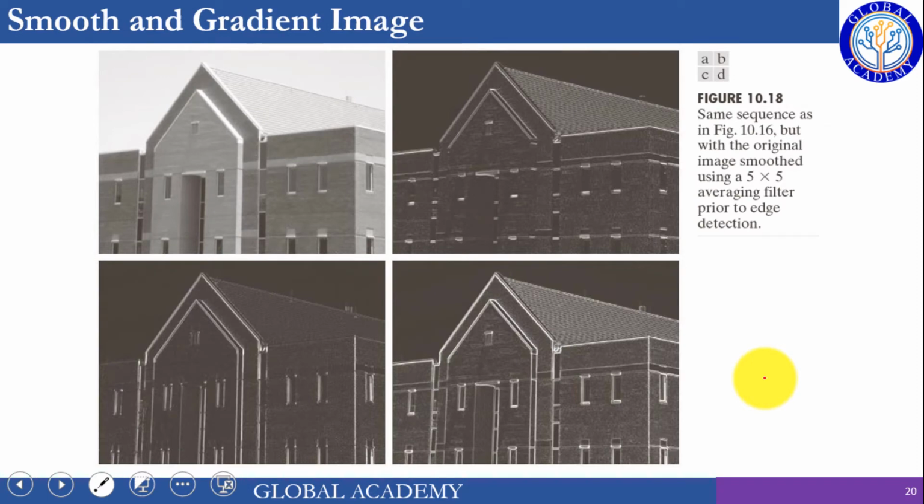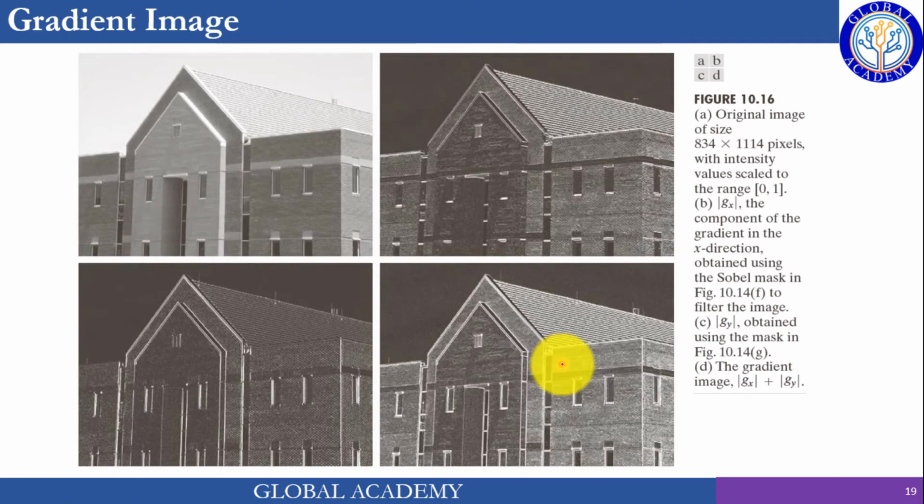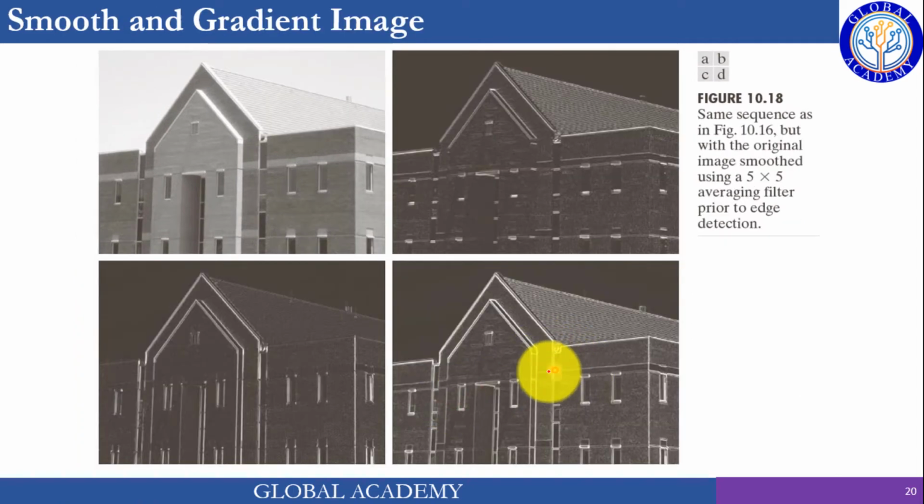The same gradient is applied, but this time we have blurred the image using a 5x5 Gaussian first, and then applied the gradient along the x-axis and then the gradient along the y-axis, and we got this image as the magnitude of these two gradients. So you can see the difference. There is a huge difference. The edges are more prominent as compared to the previous one, and the background is more washed out or removed in this gradient after smoothing.